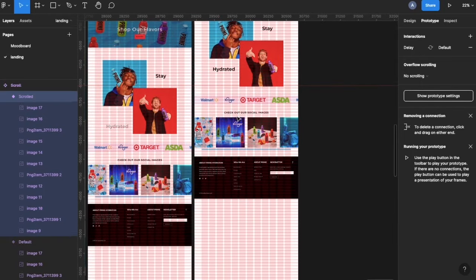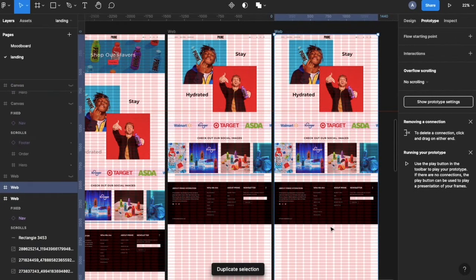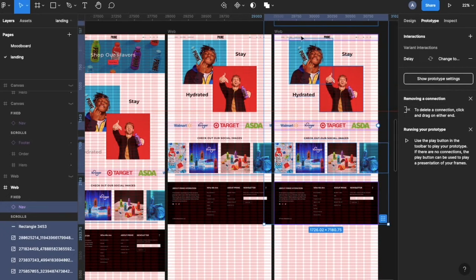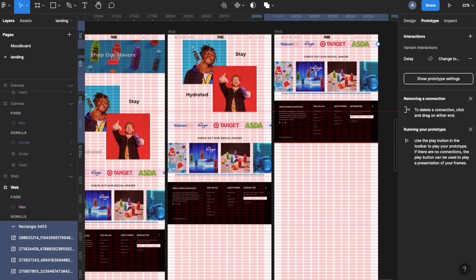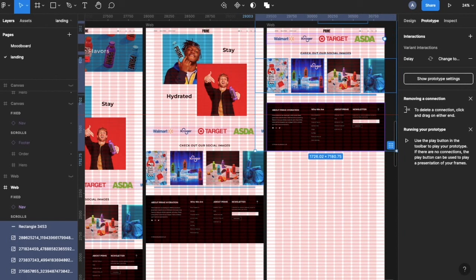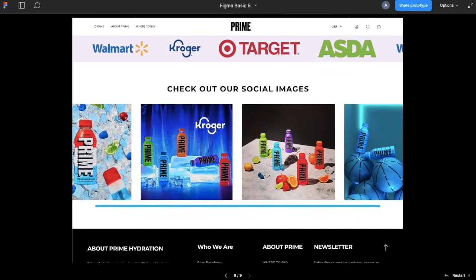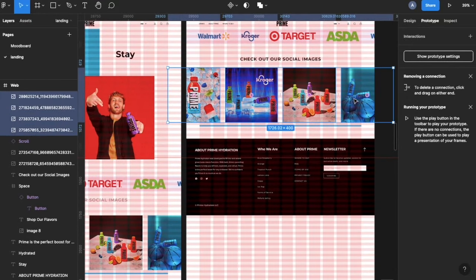So the next frame would be dragging this in frame and then making sure that the footer is lit. So we would select everything in the frame except the footer and drag it up to the section where it's there. Now what we want to do is make this scrollable, but the problem is we haven't done it from the beginning. So this is supposed to be in a frame. In order to do that, we would need to create a frame with all of this content, right? So we'll right click and make it a frame,